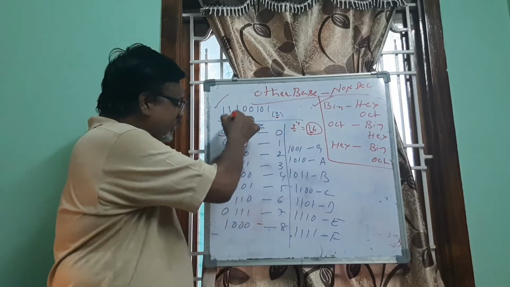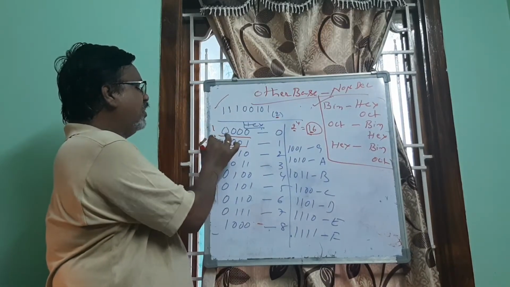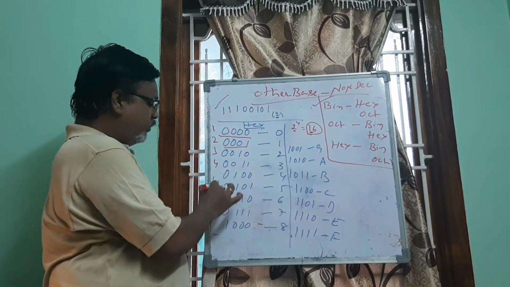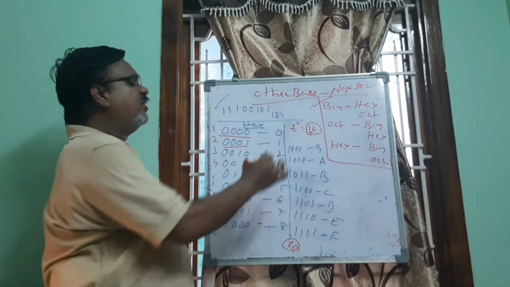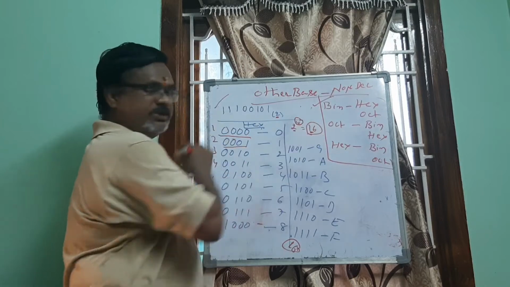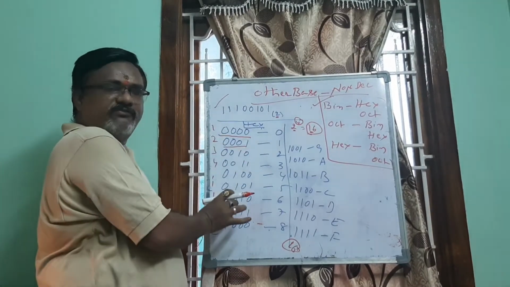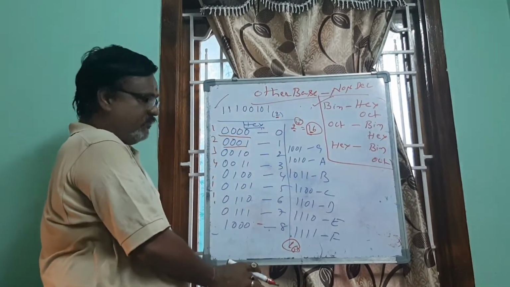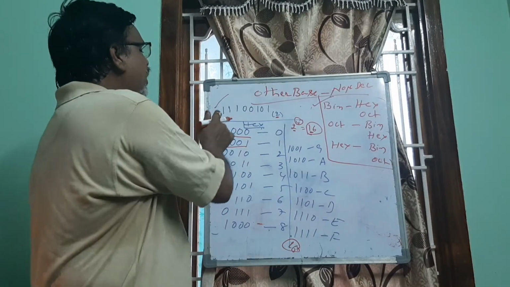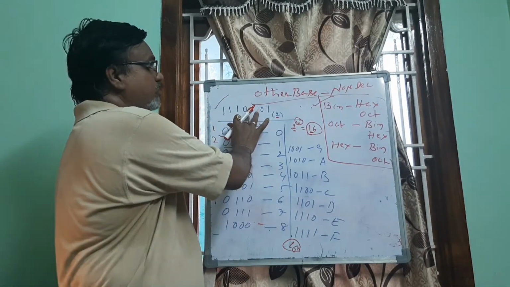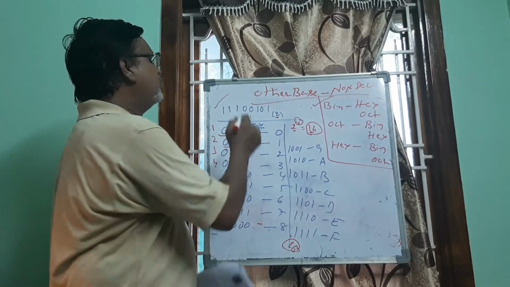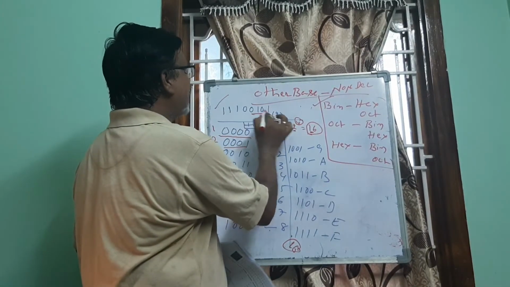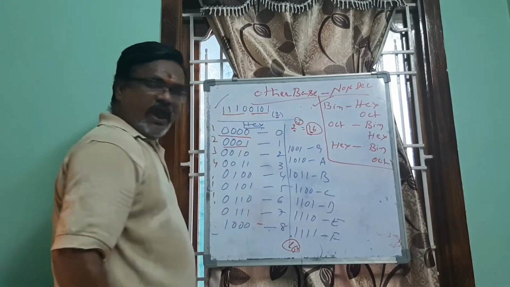If you want to get 16 combinations, combination 1, 2, 3, 4 and so on, up to the 16th combination, we need to go for a 4-bit position. That's why we have to consider 4 bits for the hexa value. So whatever number is given to you, you have to divide that number into groups of 4s. We see 4 bits as one group and 4 bits as another group.